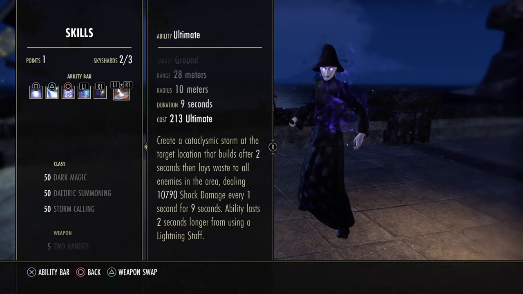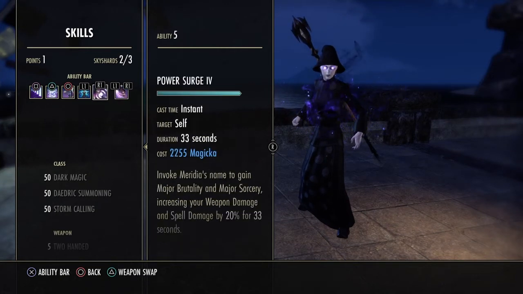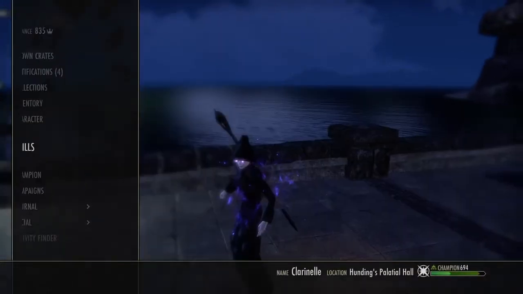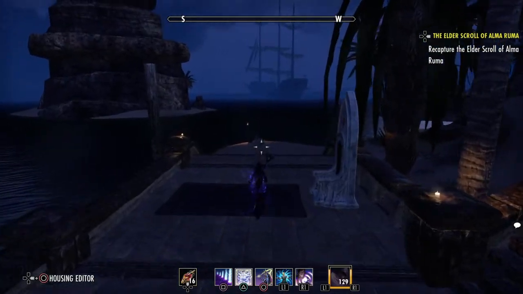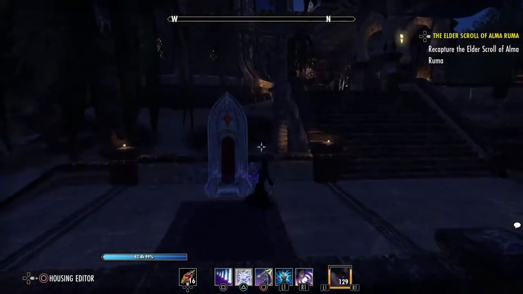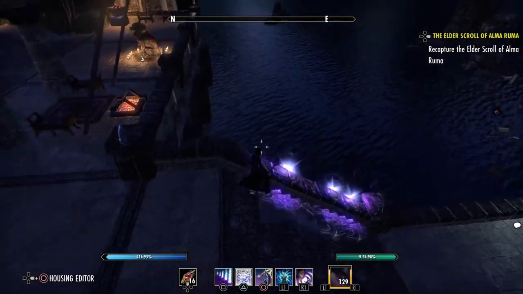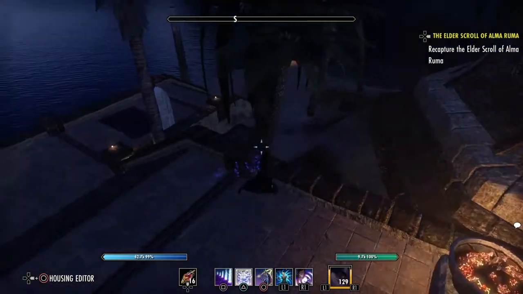That's all. Let's go and have a look at the back bar. I'm running Daedric Tomb. I do not run Daedric Mine, which gives you the 5 mines around you. This one has far more utility. So again, you can just place them where you want to. You can place them down if you're standing on top of a keep. You can place them down on people down below who are on